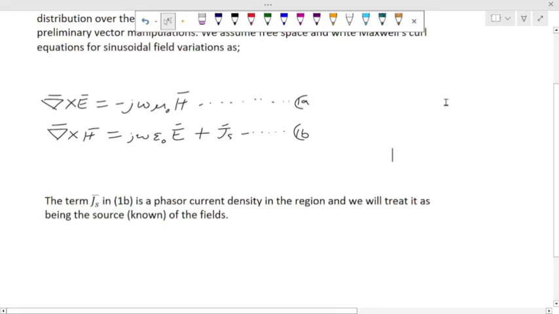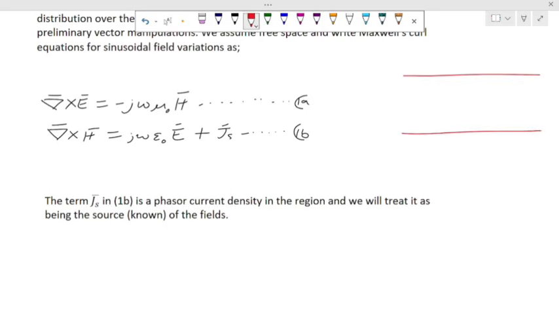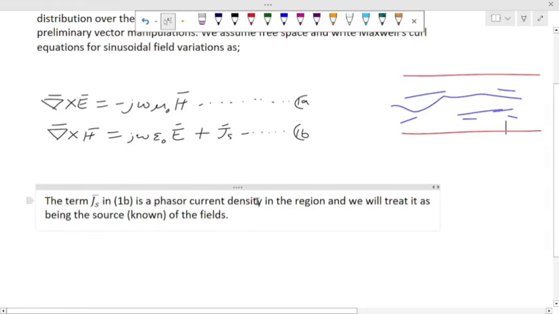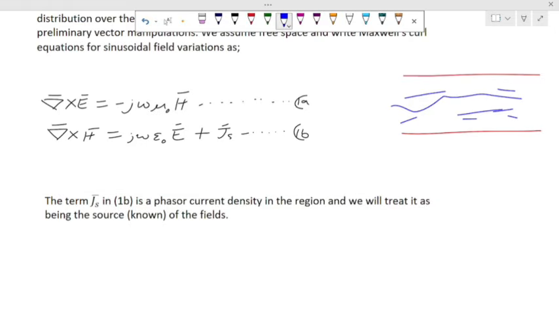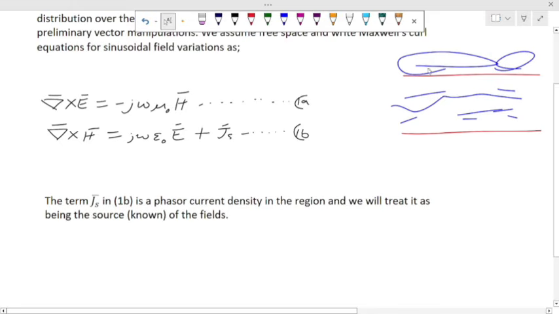Now, current flows in a conductor, right? But this particular current we are talking about is the one on the surface of the conductor, or the surface of the antenna. So how much current do we have flowing on the surface of the antenna, in the frequency domain? That current is the